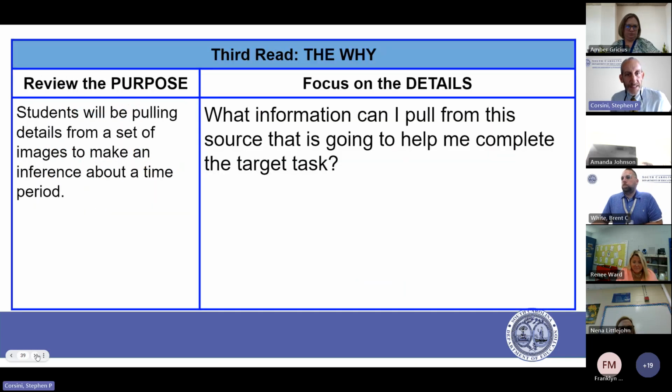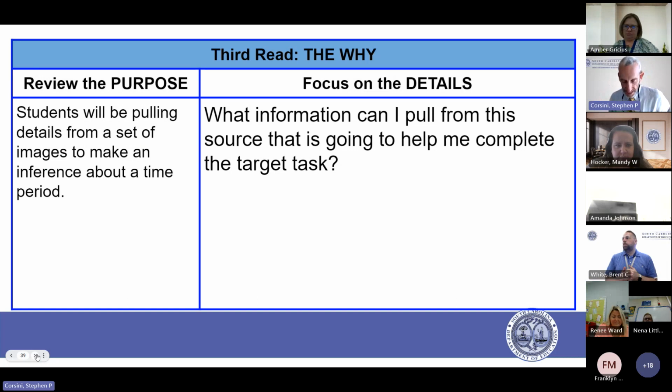So looking at these images again, I'm going to show you what the task is. As you're looking at these images, what are you able to pull from these sources to help you complete the task?